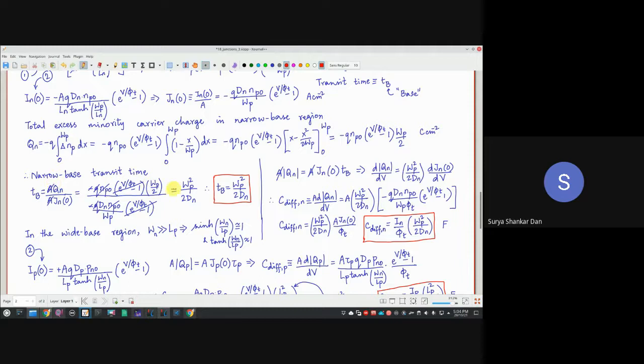So narrow base transit time, he will do it, I think. But logical effort is something extremely important. It will be extremely essential for designing faster circuits. There are two approaches, as I've already discussed in this course also. Whenever you are designing any chip, especially digital chips, one will be to reduce the power. The second will be to reduce the delays or increase the performance.